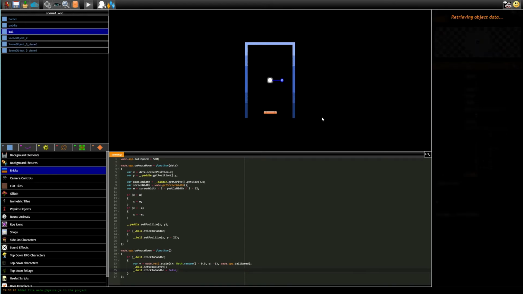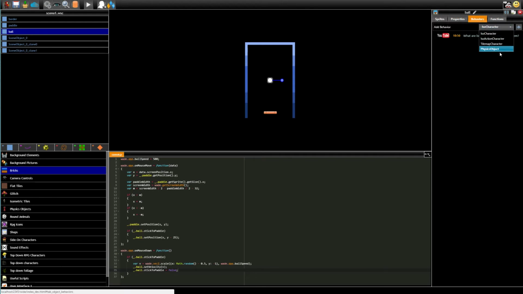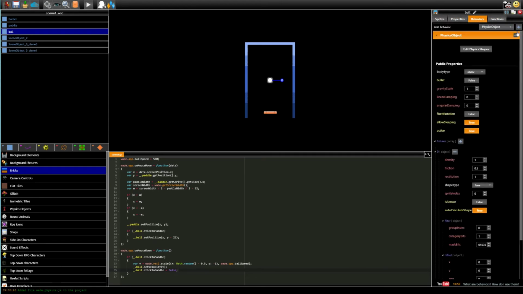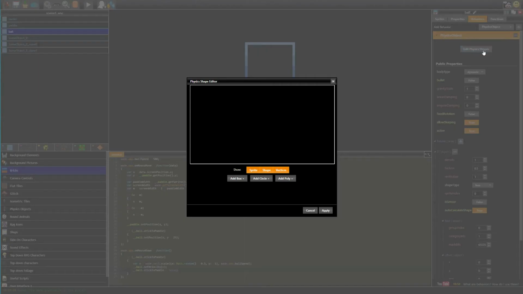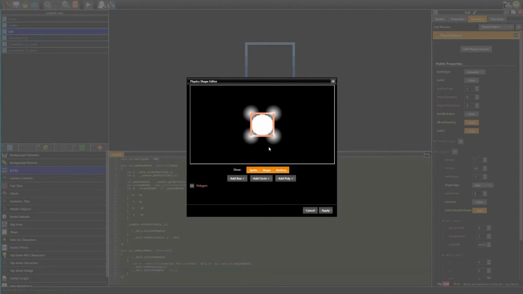Now the ball itself needs to be a physics object as well. Let's go to its behaviors. Let's select physics object. And in this case, it's going to be a dynamic object that moves according to the rules of physics. And I want to edit its physics shapes as well, because by default it's going to be this bounding box, which is a square. I don't want that. I remove it and add a circle instead. And I size it appropriately